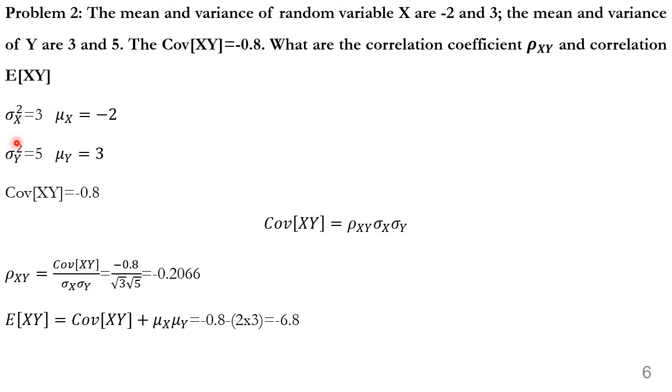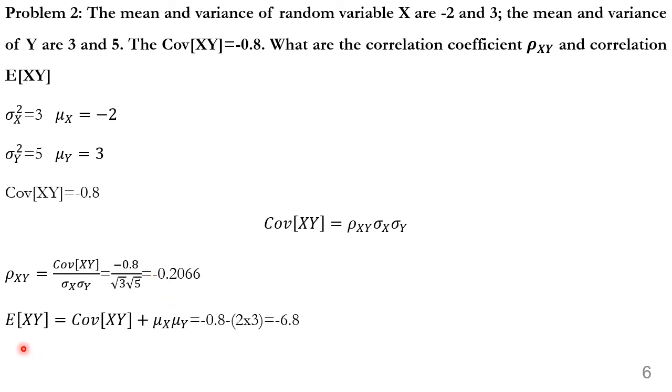Sigma x square, that is variance of x, is given as 3. Mean mu x is given as -2. Sigma y square, that is the variance of y, is given as 5, and mean mu y is given as 3, and the covariance of xy is given as -0.8. Covariance of xy is given by rho xy sigma x into sigma y. Sigma x is root of 3 and sigma y is root of 5. So that has been substituted here, and covariance of xy is given as -0.8. So the answer is